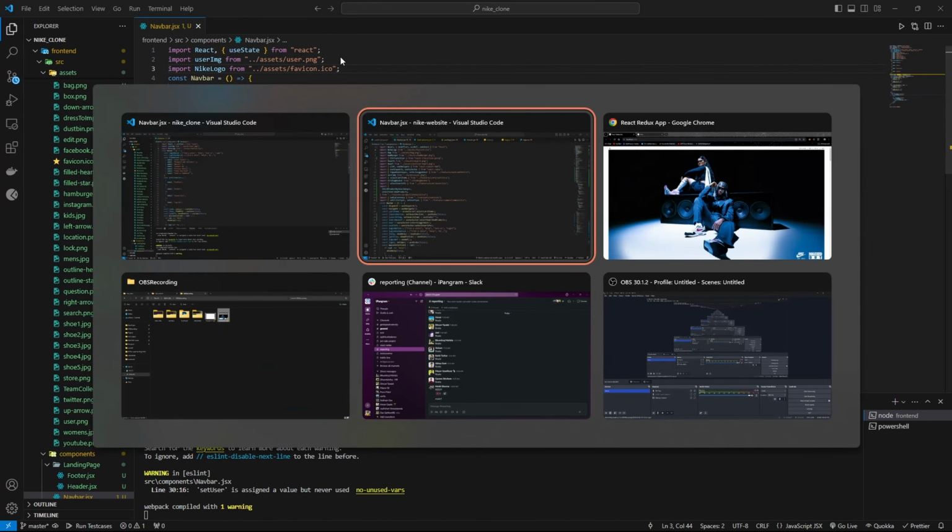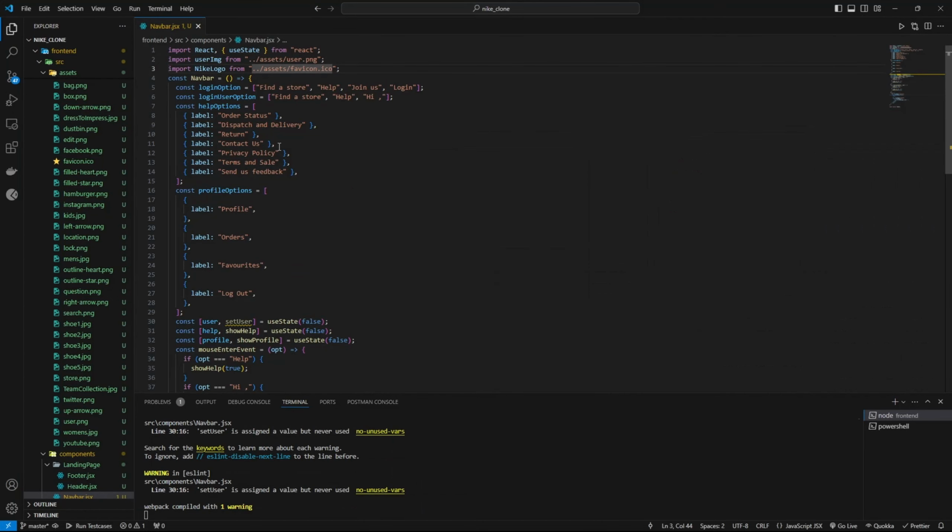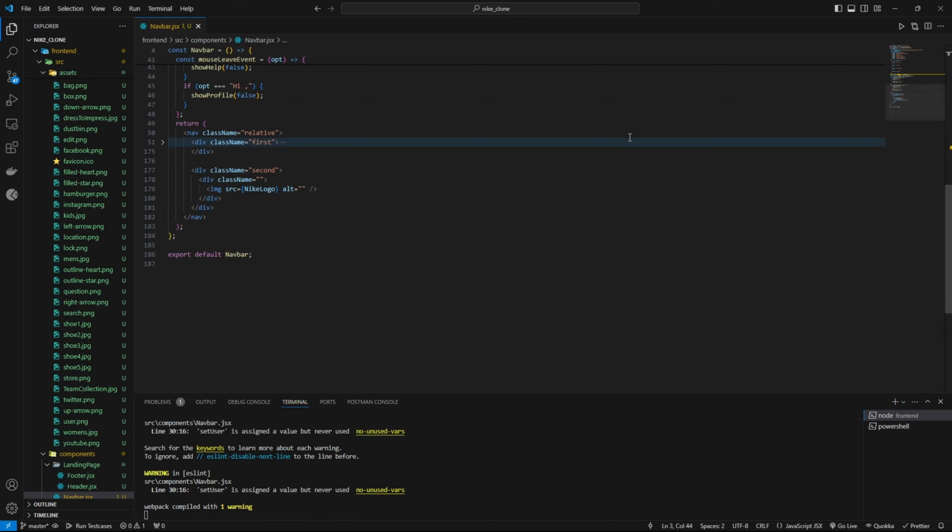So now I think it is going to show us the icon. Yeah, as you can see, here is the icon, and as you can see we have the image and the src of Nike logo,